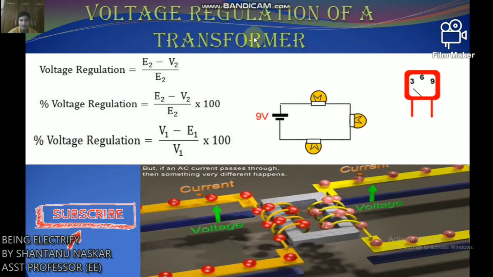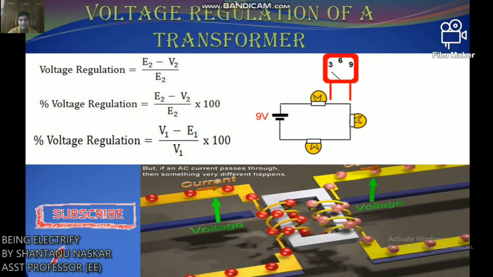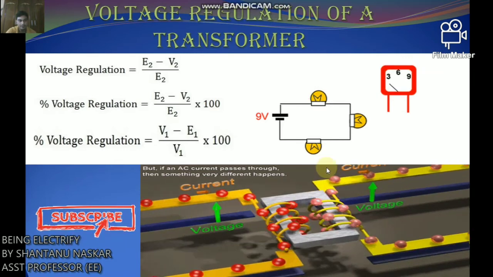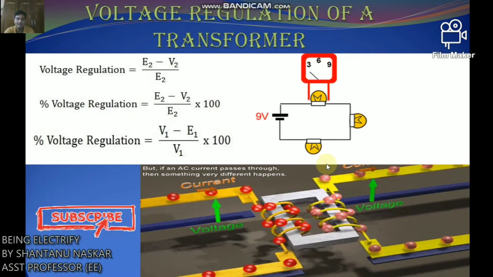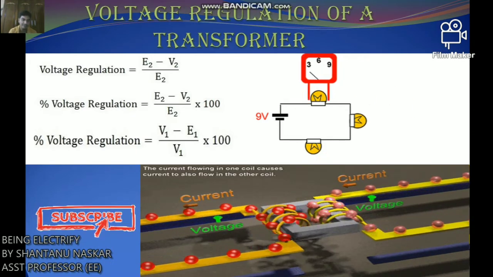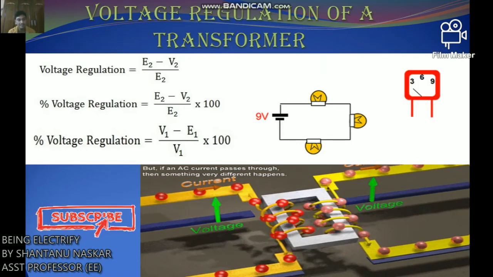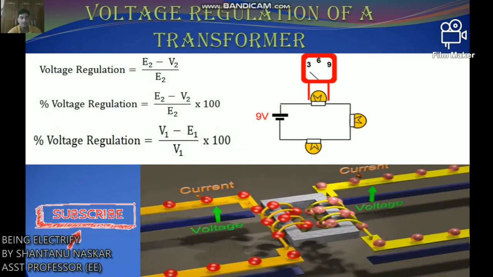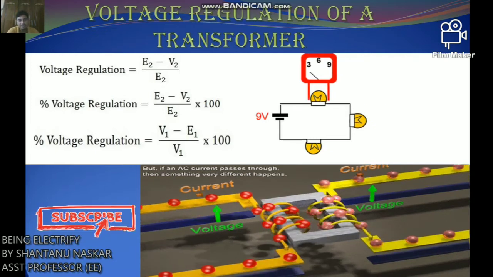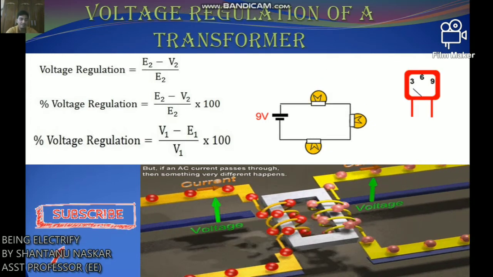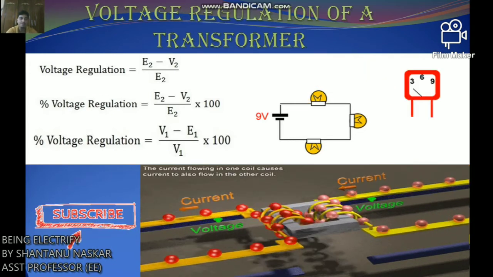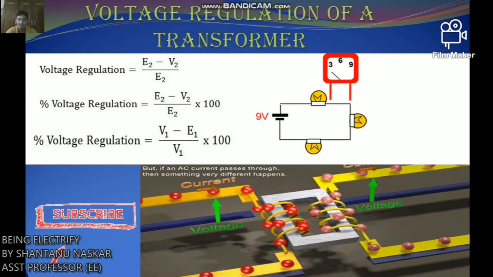Now we will discuss the voltage regulation of single phase transformer. The voltage regulation is defined as the change in the magnitude of receiving and sending voltage of the transformer. The voltage regulation determines the ability of the transformer to provide constant voltage for variable loads. When the transformer is loaded with continuous supply voltage, the terminal voltage of the transformer varies. The variation of the voltage depends on the loads and its power factor.